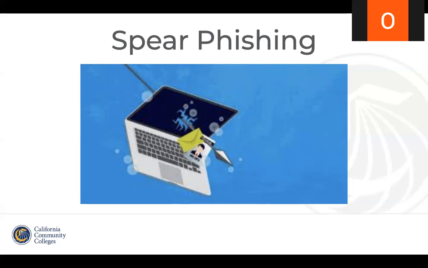So as with deceptive phishing, the goal here is the same. The attacker wants a target to download a malicious attachment or click a malicious URL with the end goal of obtaining personal and valuable information. Social media and networking sites such as LinkedIn, Instagram, Facebook, and Twitter are commonly used to gather this information about the target individual in order to craft the phishing email that will be sent out.